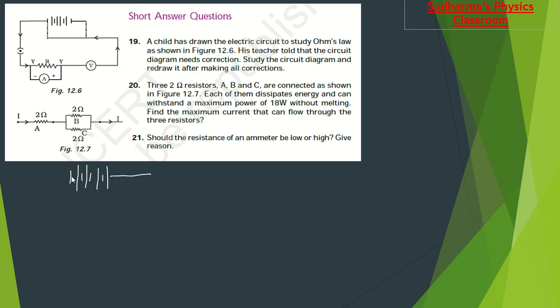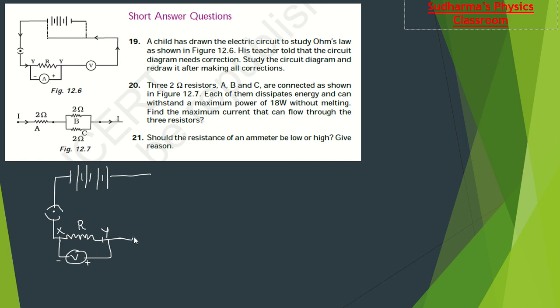Now from here we have the key connected and we have the resistor connected. So the resistor we have to mark as XY. You can give any name, it's okay, but make sure they are different letters, okay? Because we have to represent 2 separate points. Now, along this resistor, we have to connect the voltmeter in parallel. So between X and Y, we are connecting the voltmeter. Here we have the negative of the voltmeter, and here we have the positive.